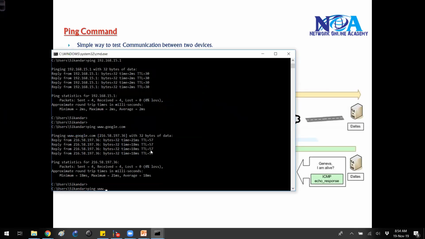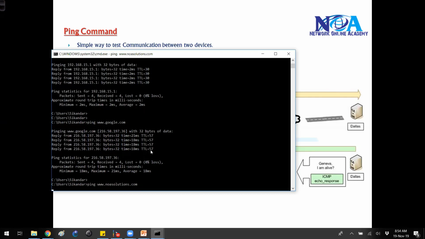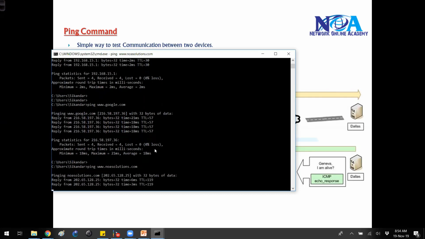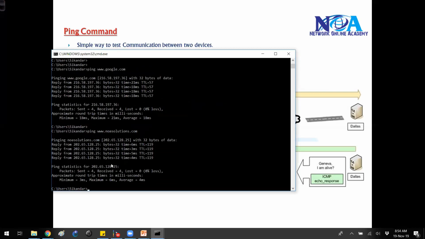Or even if you try to test any other servers, like yahoo.com, or let's say I test my own website, this is probably the web server address. You can see the replies coming. Here you can see some of the options when you are testing the connectivity. This shows you the actual IP address of that particular device. Even though I'm typing the URL here, it is going to reply with an IP address. There is a DNS server which will resolve the name to IP.